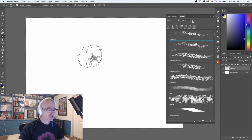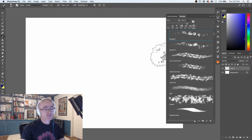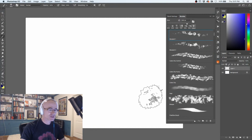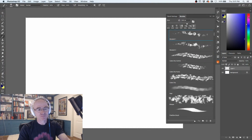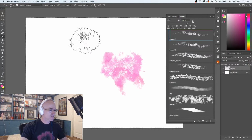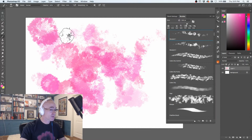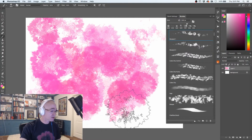All right, so let's take a look at these spring brushes. There are a bunch of them to go through. And because it's spring, I wanted a few of them to have a little bit of a spring theme to them. So this is the Bouquet Brush. And the Bouquet Brush allows you to paint these flowery shapes that have a little bit of color dynamics built into them. I'll select a nice pink color here and just go to town with that, and you can see what that does. So these are really fun for backgrounds, really fun for just doing random painting of flowery shapes